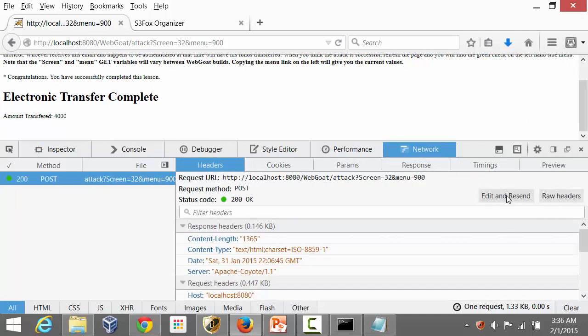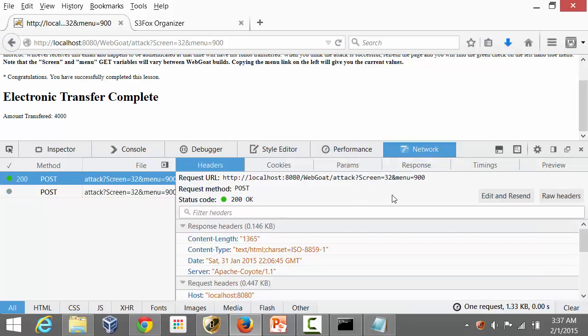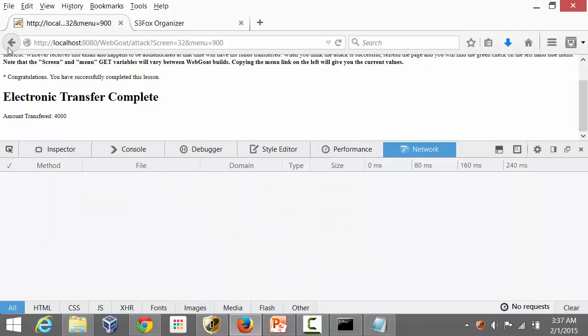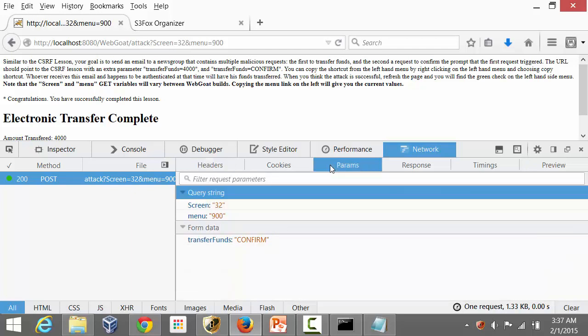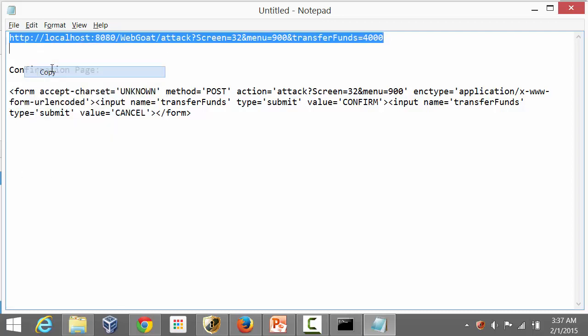So if I actually click on this, hit edit and send, right? We can actually see a lot of interesting things happening in here. Just give me a second. Should go back in here, hit confirm, hit this. Look at the parameters of the post request, and if you notice, the URL with screen 32 and menu 900 pretty much is the same. The only difference right now is the fact that this is now a post request,